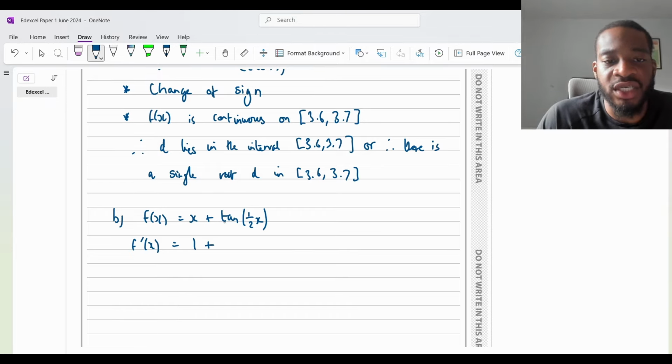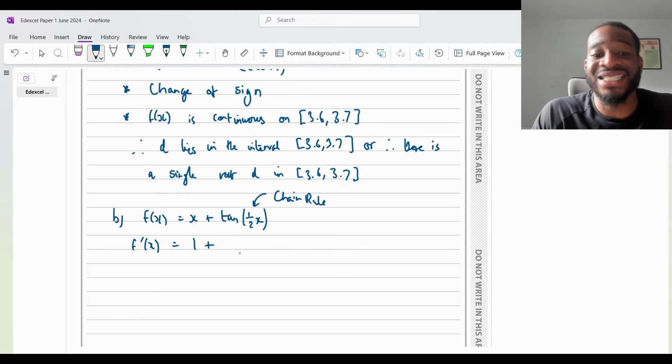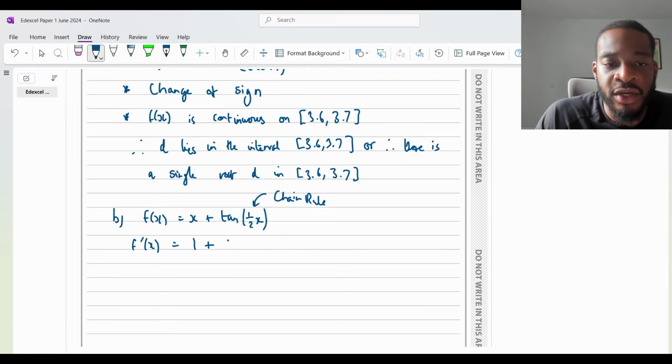Now this one here, we can see that we've got a composite function, don't we? We've got the function of tan, but inside we've got a half x there. So this is a chain rule problem. So how do you do this? Very quickly, you differentiate the outer function, which is tan. Tan differentiates to sec squared. That's something you should just know. You can prove it using a quotient rule, but you should know it. And then we keep the argument the same,